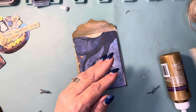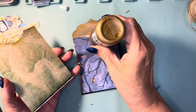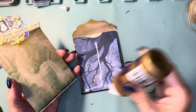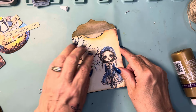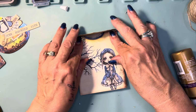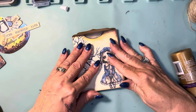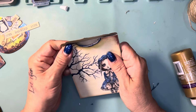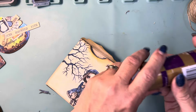And then I'm going to take this piece and we're going to do the same thing, but I'm going to do it on this one. Just like so. And we're going to line this up. Make sure. Still, we'll have to make a double crease in that, I think is what we'll have to do. So we're going to have that. Good, okay. So I'm just going to do another score line